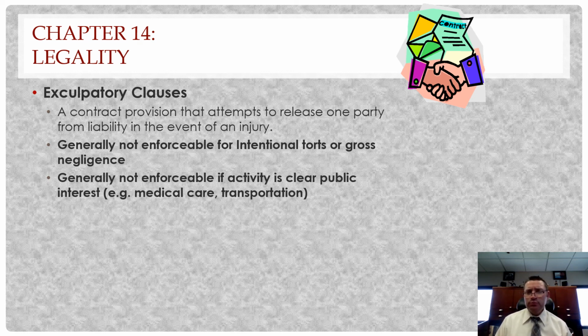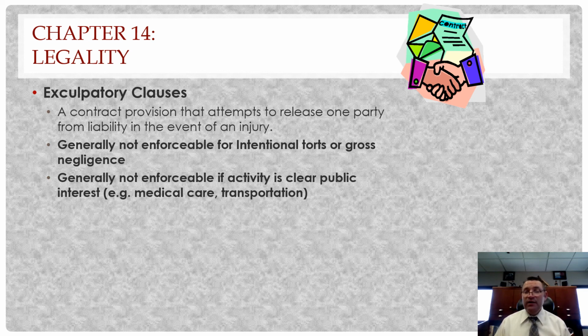So that type of public interest means the airlines aren't going to be able to have us sign agreements saying, hey, as long as we aren't grossly negligent, you can't sue us. So even if they're negligent, if there are plane crashes or they do something they're not supposed to do, you can still sue them, because it's in the public interest to have all of us flying, and they really control everything, and we would have no idea what their maintenance is and stuff like that. So we're going to hold them accountable in those situations, right?